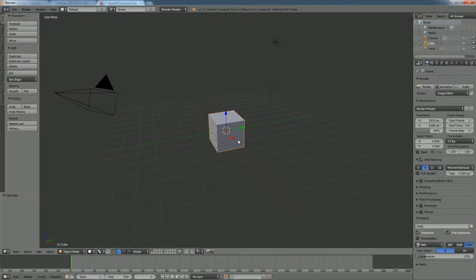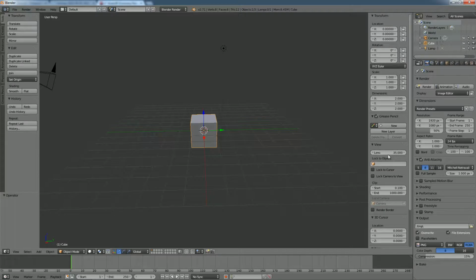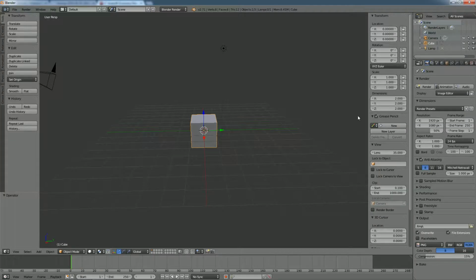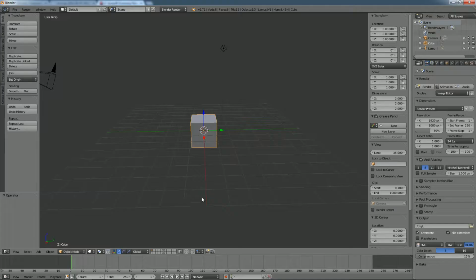So from your default cube here, you want to hit the N key, and that's going to bring up your panel over here that lets you see lots of information about the currently selected object, which is the cube. And what we're going to do is just set the dimensions directly. So we can go back to Staples and see that it's 9.7 by 1.3 by 11.4. And since we're just moving the decimal over a little bit to keep it more reasonable, the x-axis is going to be the longest one here. So that's going to be 11.4 or